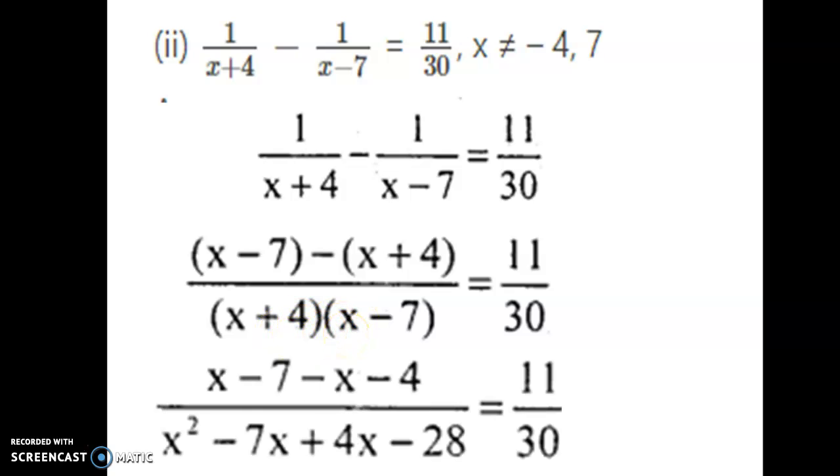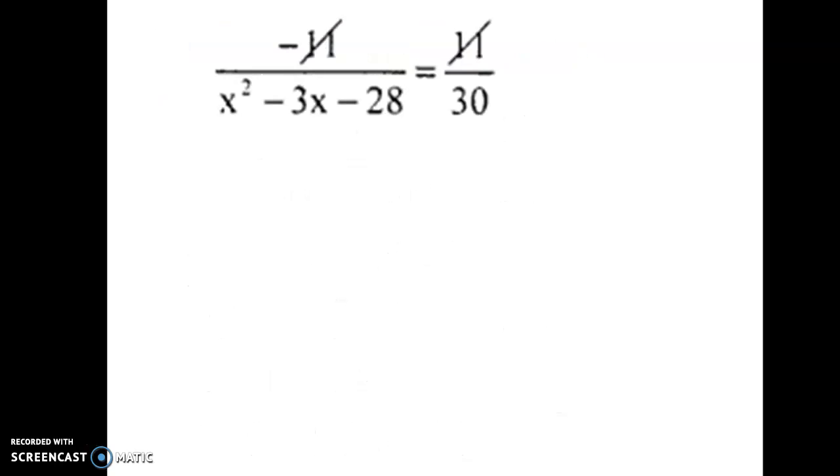Then furthermore if you simplify, first remove the bracket, then you can simplify, and here multiply. Here also remove the bracket. So x into x is x square, x into minus 7 is minus 7x, 4 into x is plus 4x, 4 into minus 7 is minus 28. Okay. And here we just removed the bracket. So here already a minus sign is there outside. So that's why I'm getting minus x. And here plus 4 is there, so that is turned into minus 4.